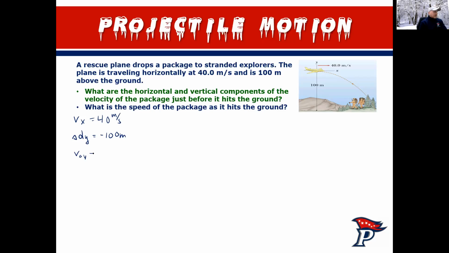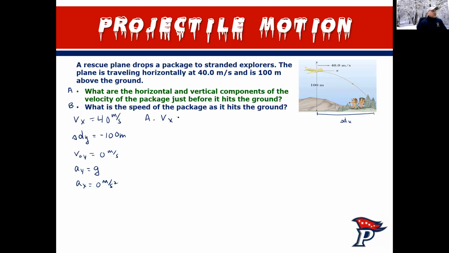Well, what else do we know? We know the initial vertical velocity. Normally planes fly horizontal, right? They get you up to the altitude, you stay horizontal. So that makes sense. Again, we know that the vertical acceleration is going to equal g. The horizontal acceleration is going to equal 0, right? We don't care about what dx is, but if in part A of this problem we probably had to solve for dx, you would have probably solved for time. So it might have determined which equation for Vy you were going to use. But if this is our part A and this is part B, and these are the only parts of the question,